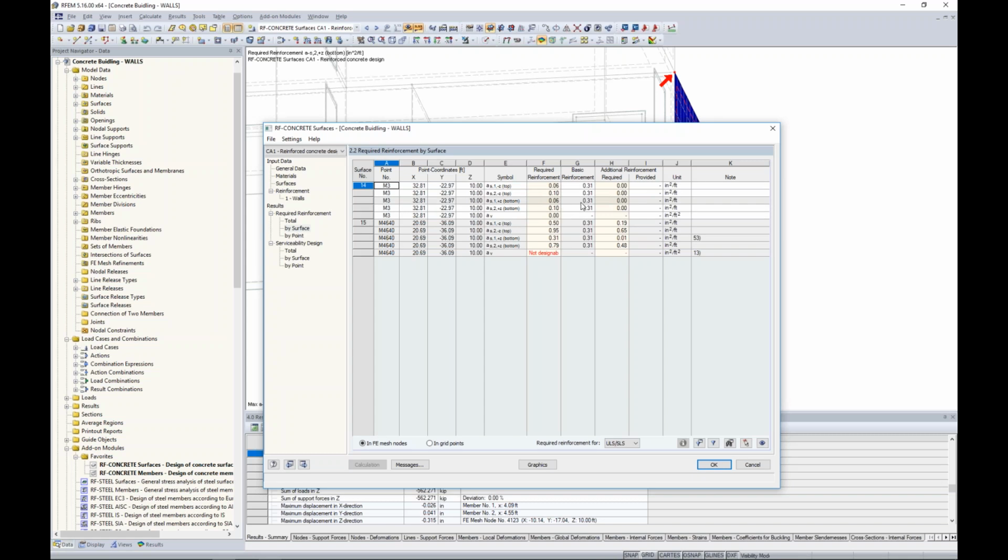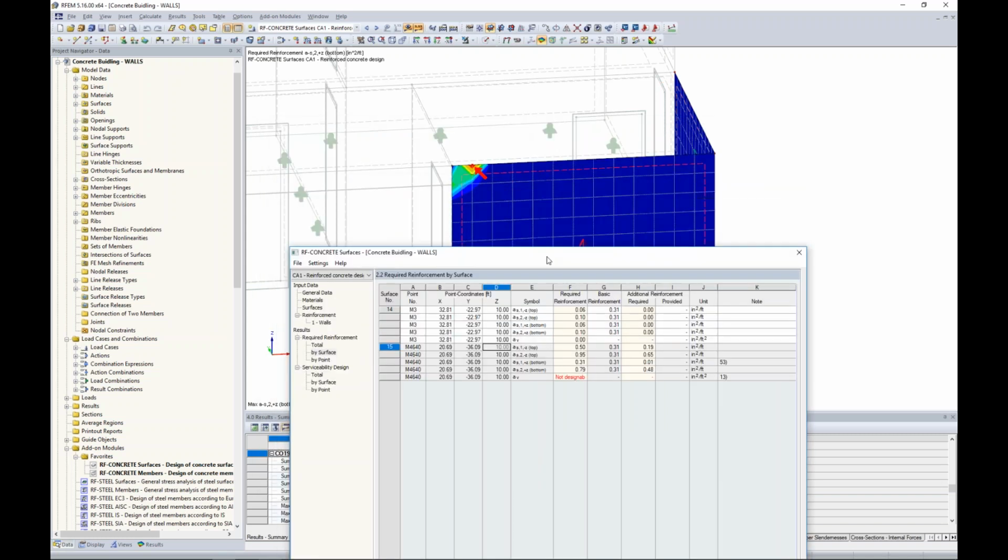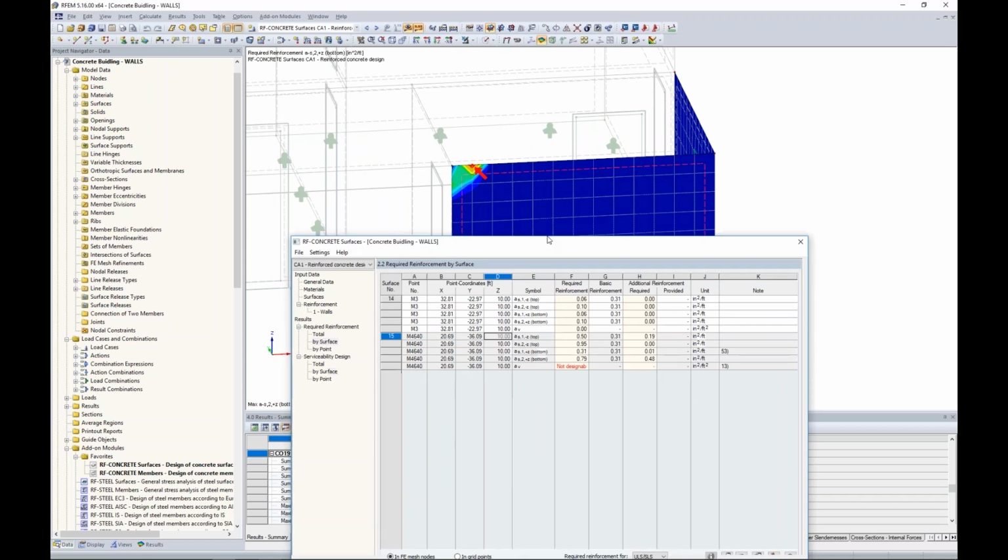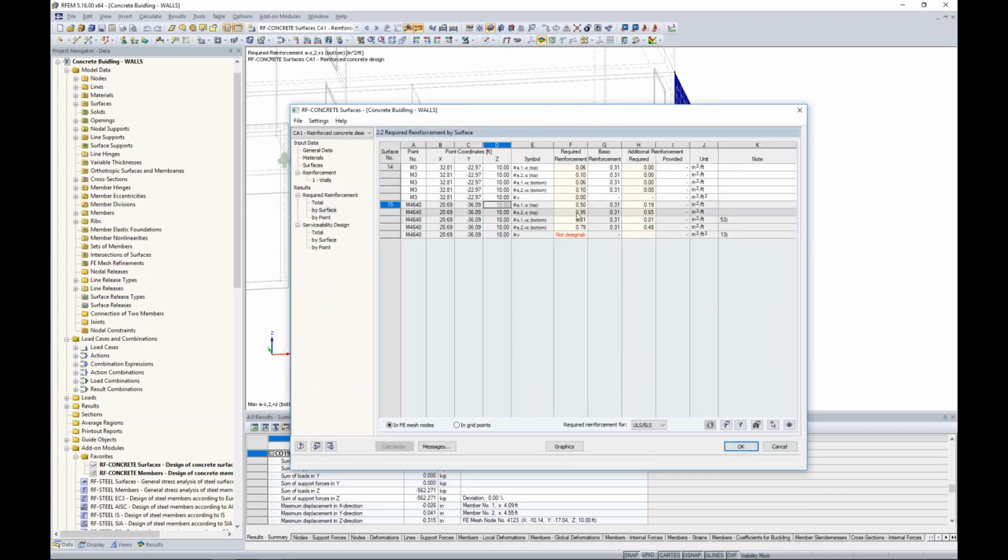I could maybe even consider increasing the spacing or decreasing the bar size to be a little bit more competitive here. Now, looking at wall segment number 15, it is a very different story here. Looking at the required reinforcement, I have values clear up to 0.95 inches squared per foot. That's a whole lot of reinforcement. So my number 5s at 12 inches listed in my second column here are not even going to be close to this. So in my third column, the program's telling me you need to put quite a bit more reinforcement